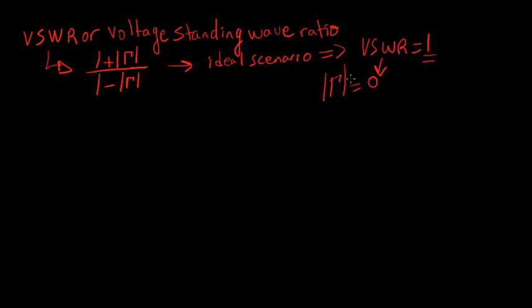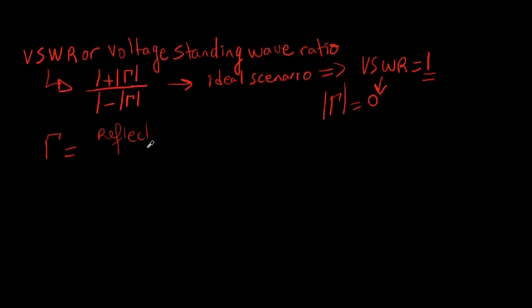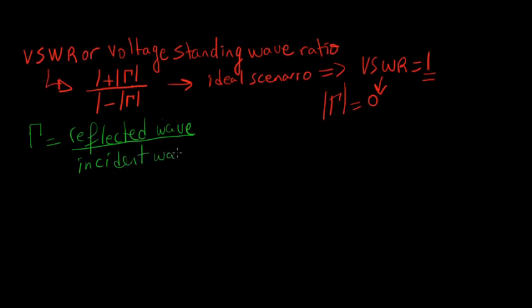voltage standing wave ratio really means, and obviously the reflection coefficient would be, for example, the reflected wave over the incident wave, and also it's usually equal to the load impedance minus the transmission line impedance over the load impedance plus the transmission line impedance. Same thing, but it's a positive. So that's what was given in class,